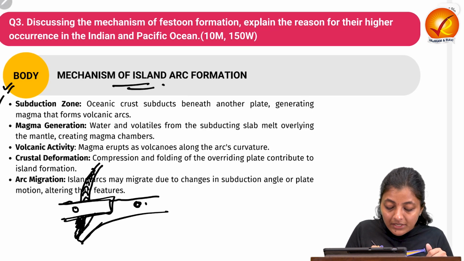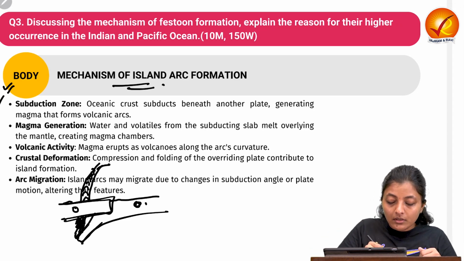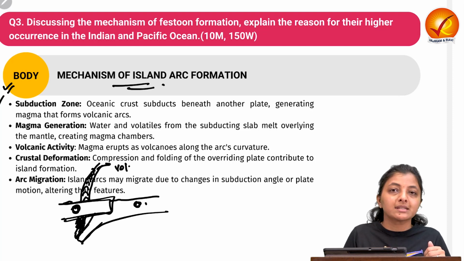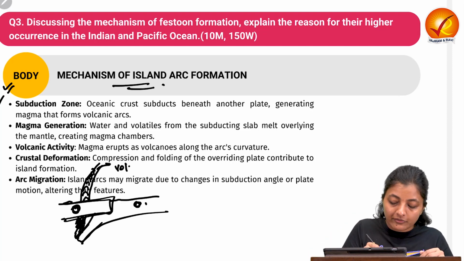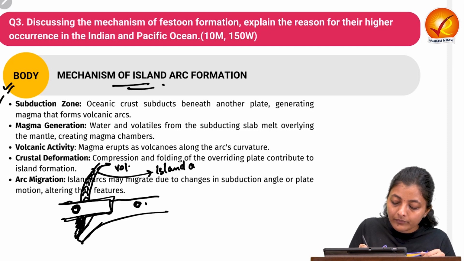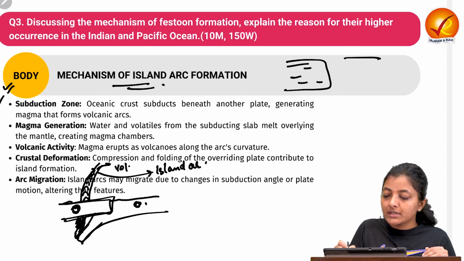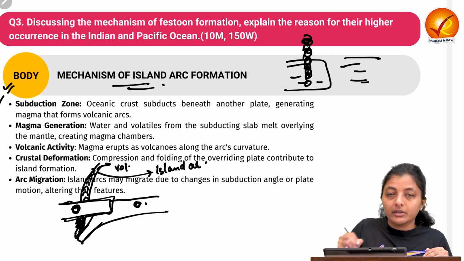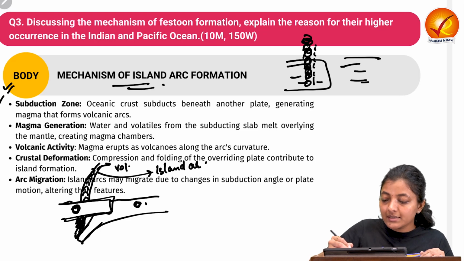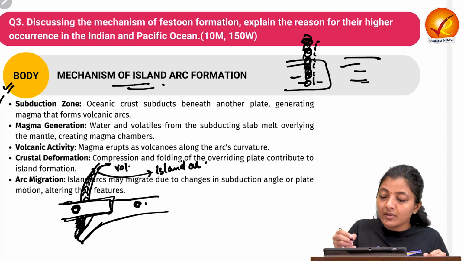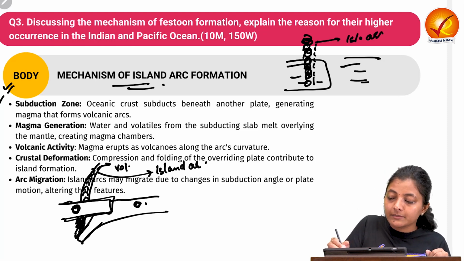But when this partial melting creates the volcanic arc on the other oceanic slab, it results in the formation of the island arc. Because what we'll see from the top is, this is water, this is water. Now new volcanoes are being created over here, new landmass is getting created over here, a new arc, some island-like structure has been created in the ocean water. So that is why these are called the island arcs.